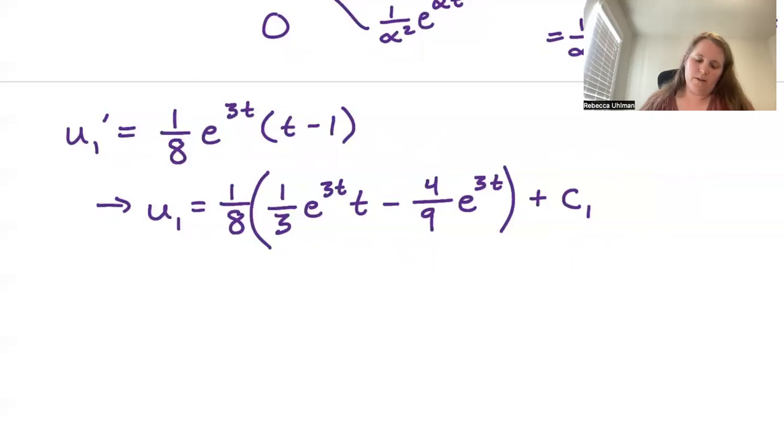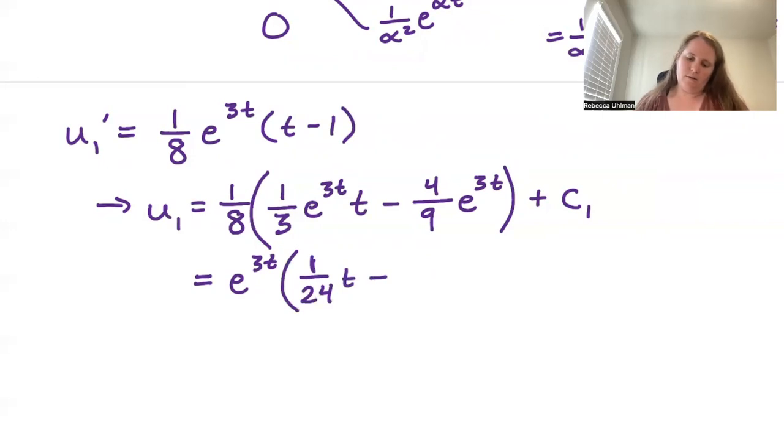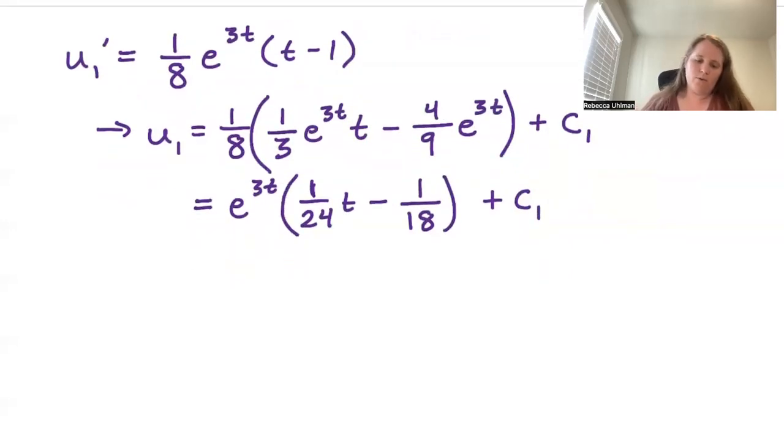Or we could just write this as e to the 3t times 1/24 t minus 1/18, all plus c1. Our u2 prime